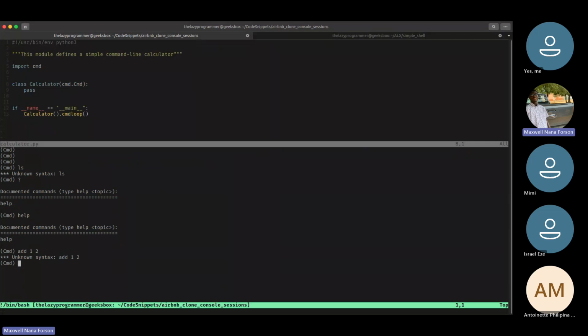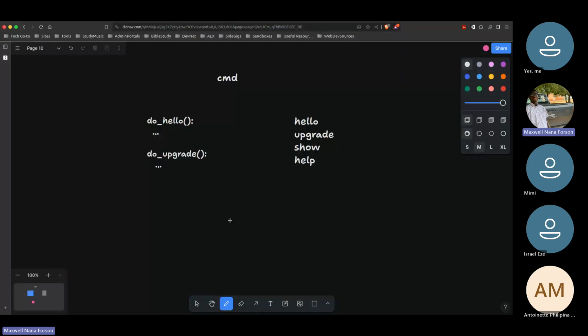Because we haven't set the thing that we want it to do. Remember that we are saying that for every command that we want it to run, we should have the corresponding method to work with this. Right? So that's what is happening. For every function we write, it's just like we are creating a command for it. If there's no function with do_ whatever, and we try to run a command with it, it wouldn't work,